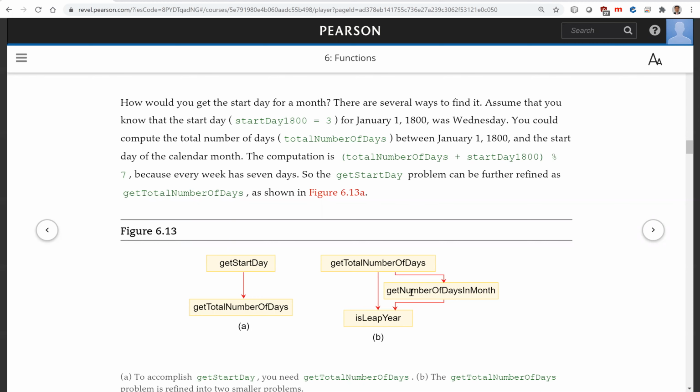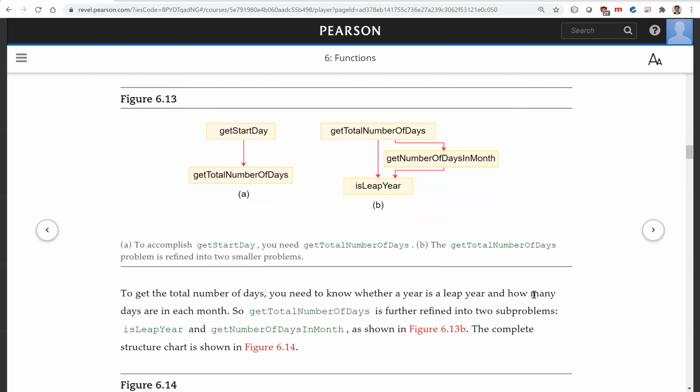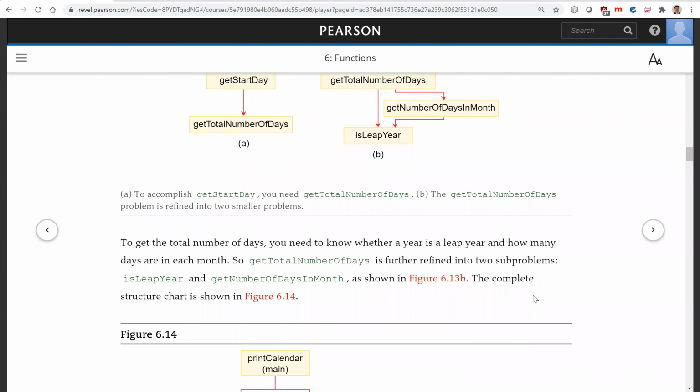So we also need to get number of days in month. For this, January has 31 days. February, if it's a leap year, has 29 days, and if it's a non-leap year, 28 days. And then for every month, we need to know this. And now we also need to know is leap year in order to get number of days in month. So we put all this into now a big